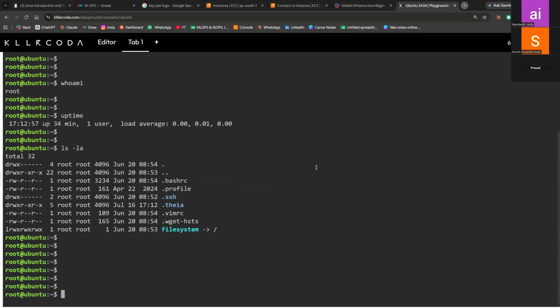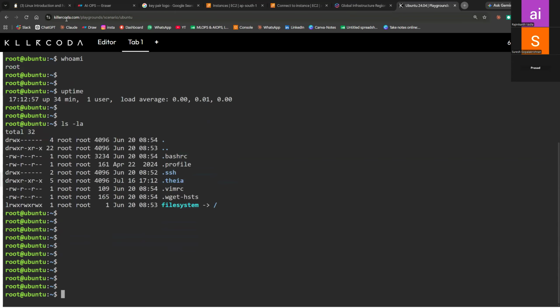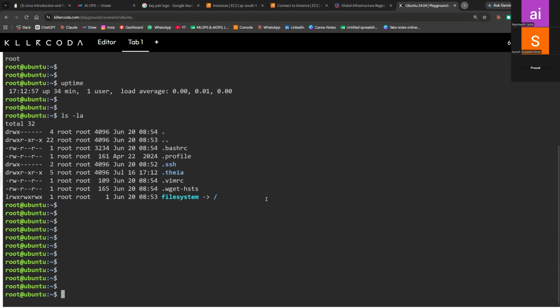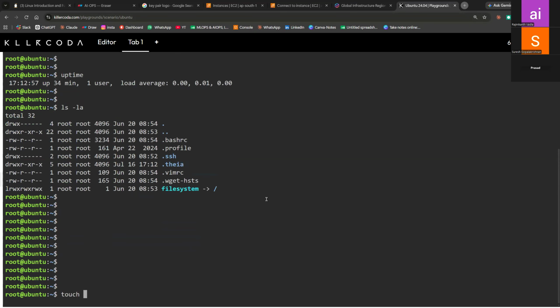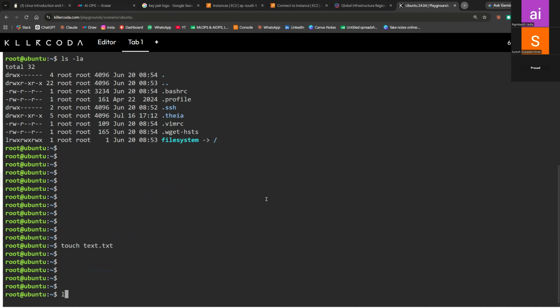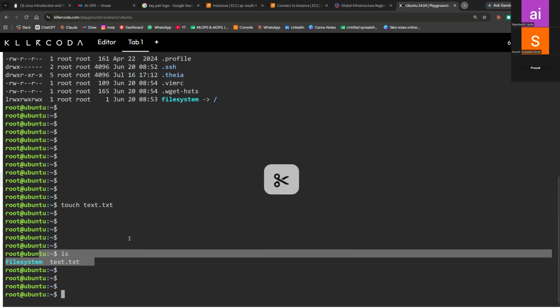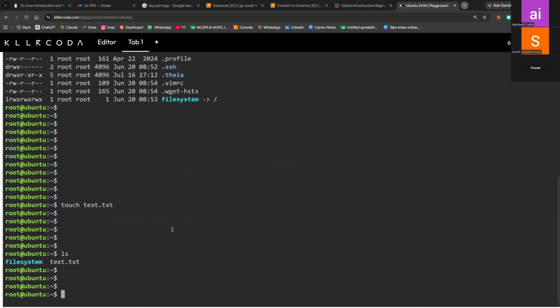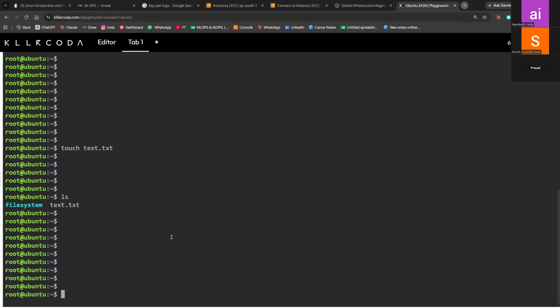You can practice here for 1 hour in Killercoda. Like same, touch, you create the file test.txt. All commands, Linux commands, will work here.